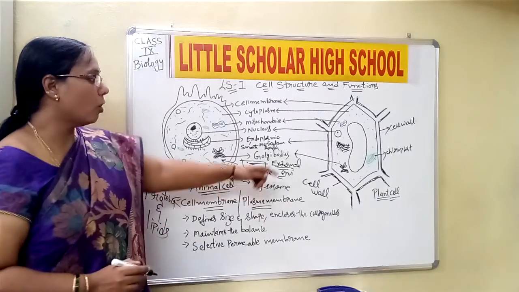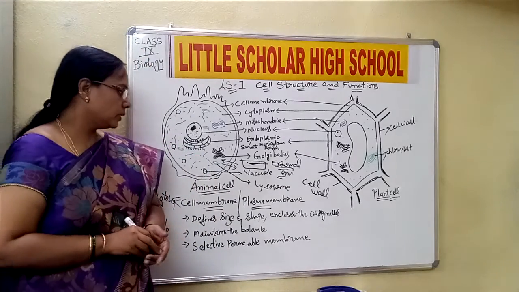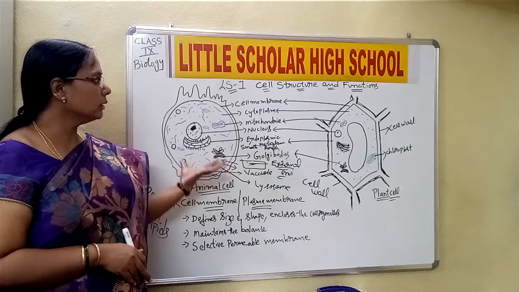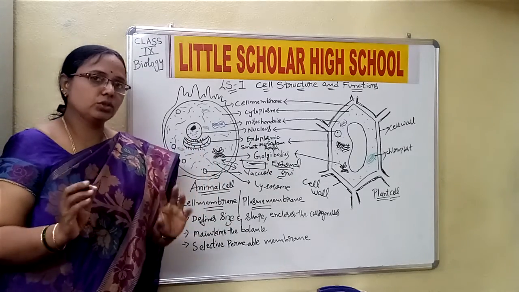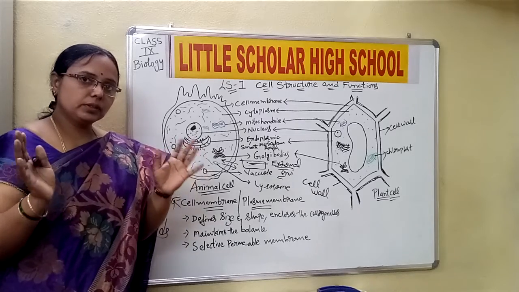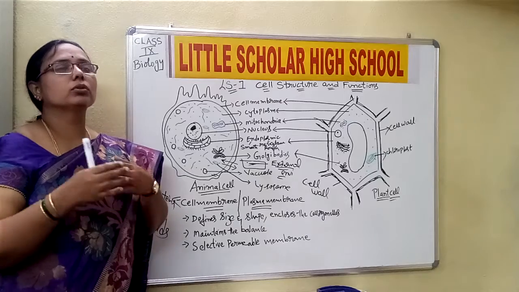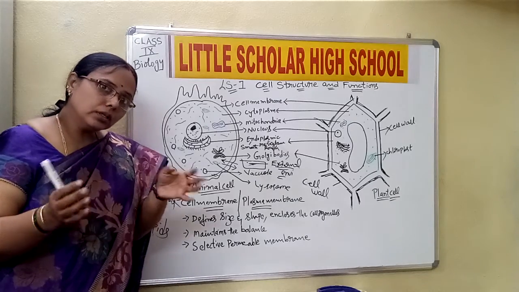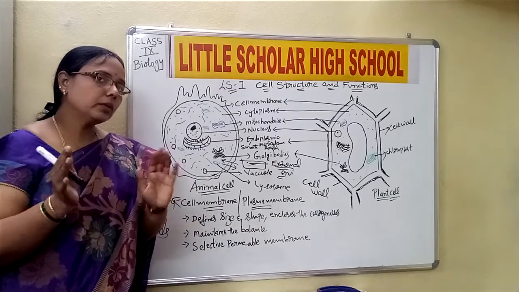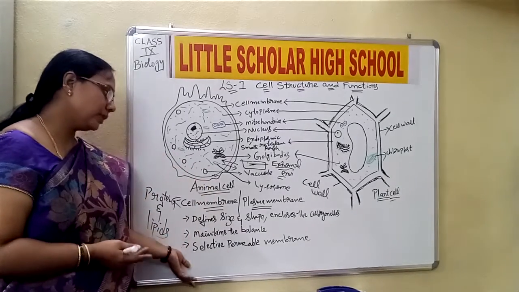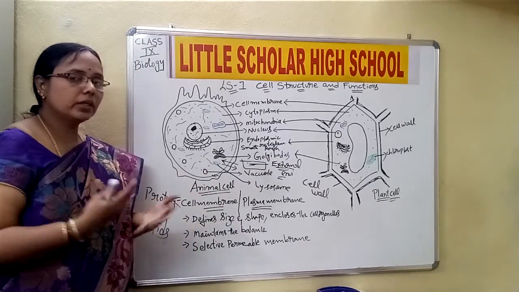Whereas cell wall is made up of cellulose. We'll come to that in the next class. Okay, now this is regarding the cell membrane, and these are the basic typical structure of a cell, either a plant cell or an animal cell. And if you go through the material, you have to learn the differences between a plant cell and an animal cell, and at the same time you should know the points about the cell membrane. I have just made it shortcut, so for your understanding you can elaborate and write, children.